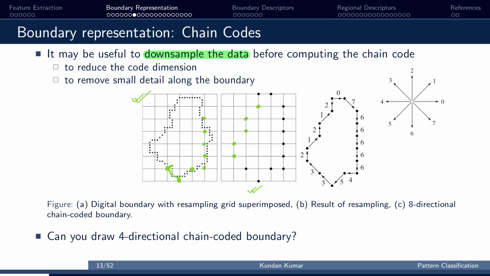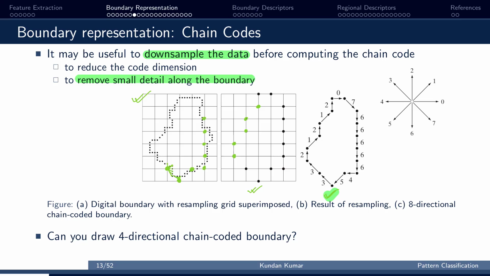Also we can remove the small details along the boundary. So that is why we usually downsample the data. That means we don't work with a very high resolution image. We divide the image into grids, and the boundary pixels are assigned to the nearest grid point,